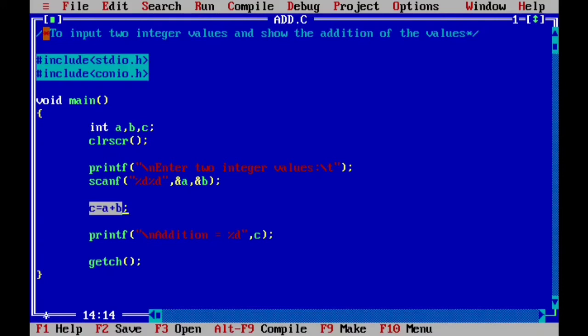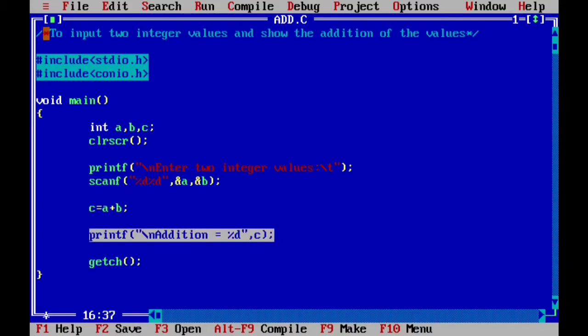You will have better clarification of this concept, right? Now after adding these two numbers, the result will be stored in c, and this is the third part of the program, that is to display the result, the output, right? Here also we have used %d. %d is the conversion string for integer type variables, and here we are displaying c's value, right?